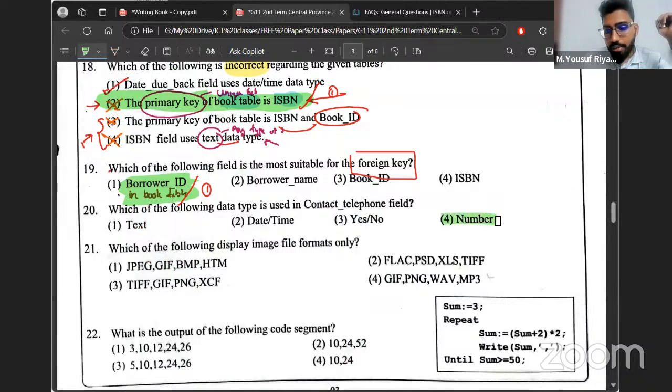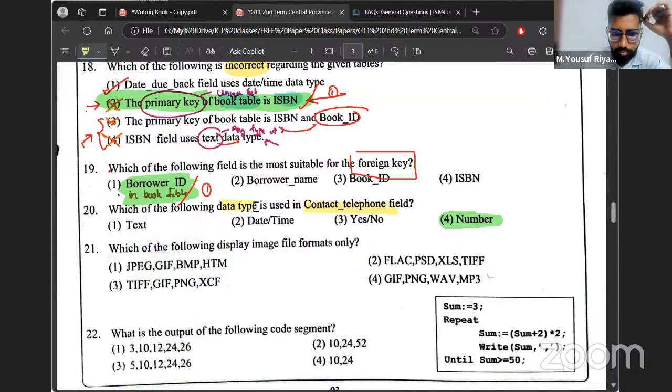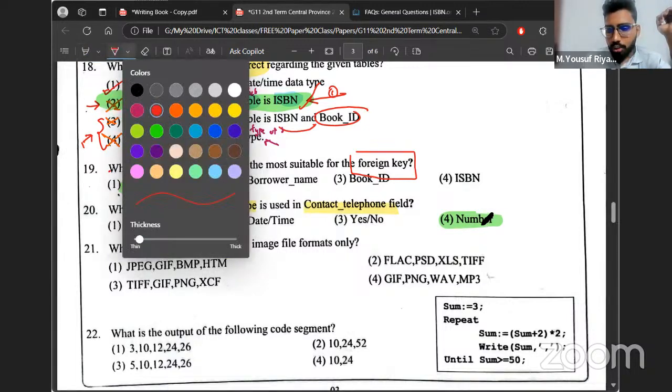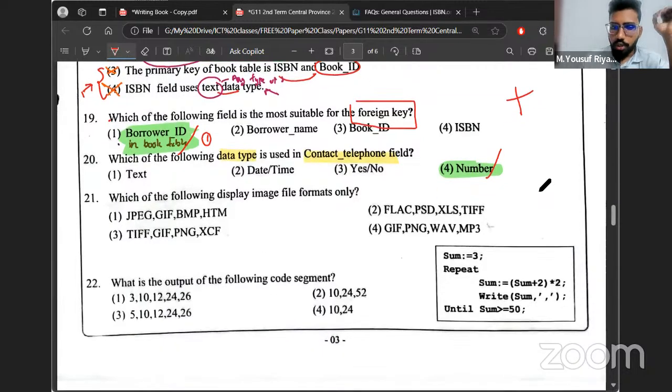Tell me, if they're going to have the telephone number with the country code, for example, +94, something like that. If they're going to include country code, is it suitable to use number or text? Correct. If you take number, it can store numbers only. So it's a plus and a number. No. So if you're going to include the phone number with the country code, then text is